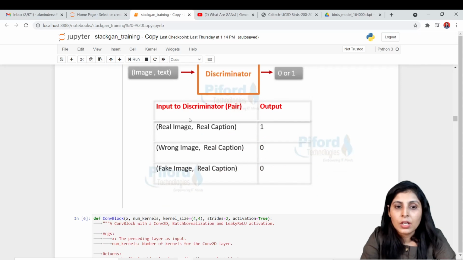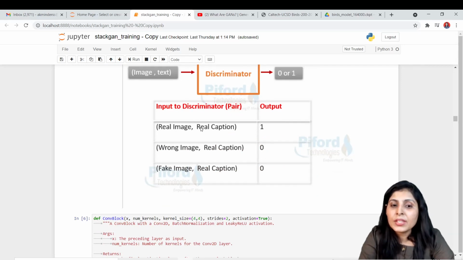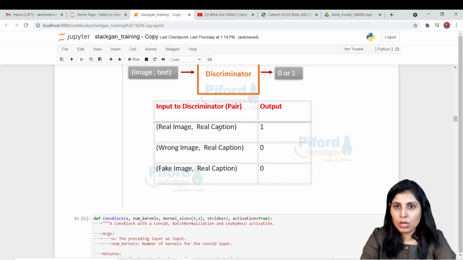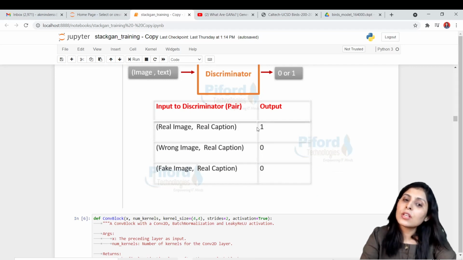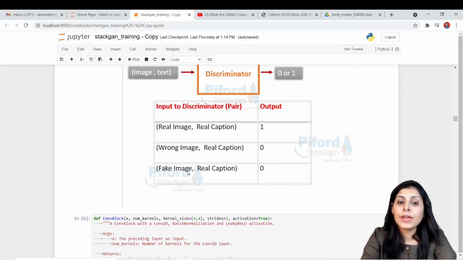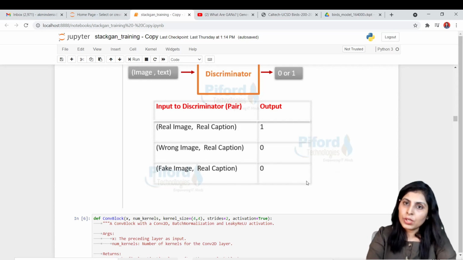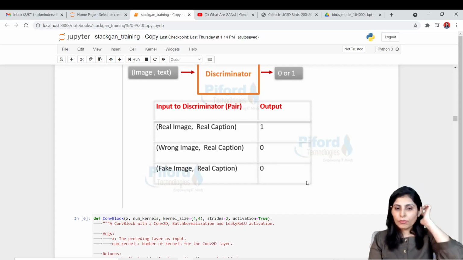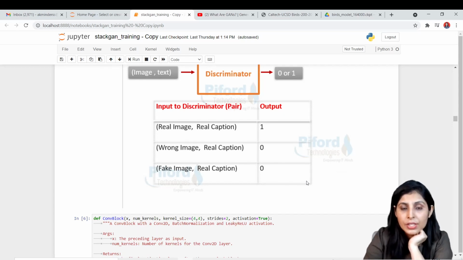If you are providing real image and real caption to your discriminator, then discriminator will give you output as 1. But if you are giving wrong image and real caption, it will give you output as 0. And if you give fake image and real caption, then again it will give you output as 0. Okay, so this is how it works.